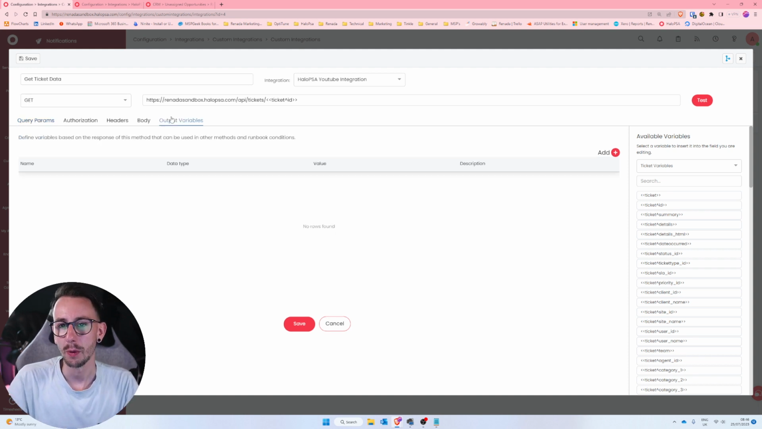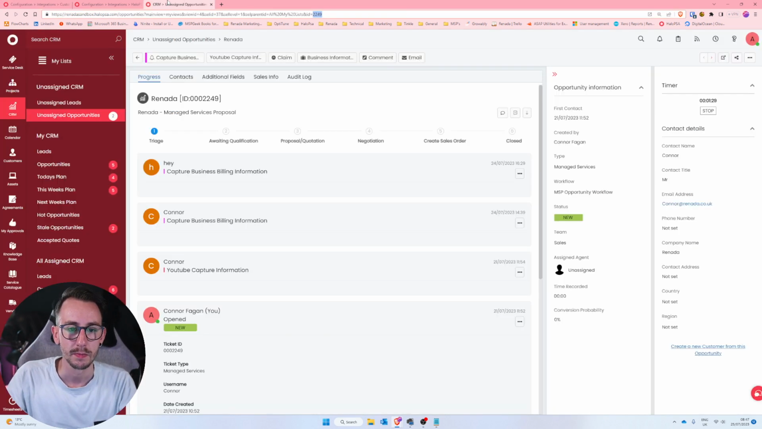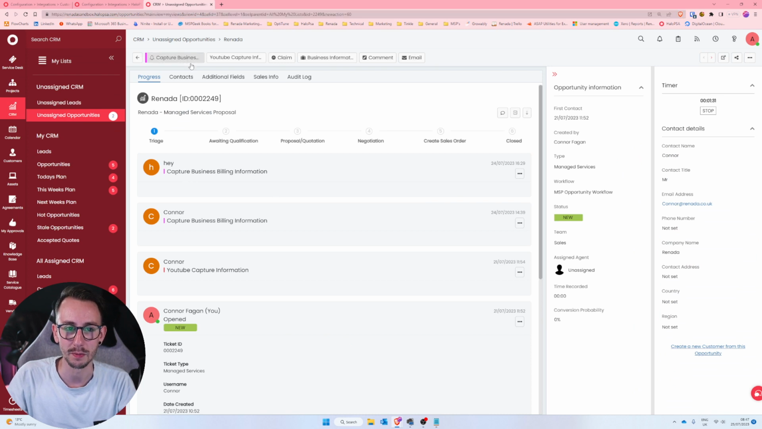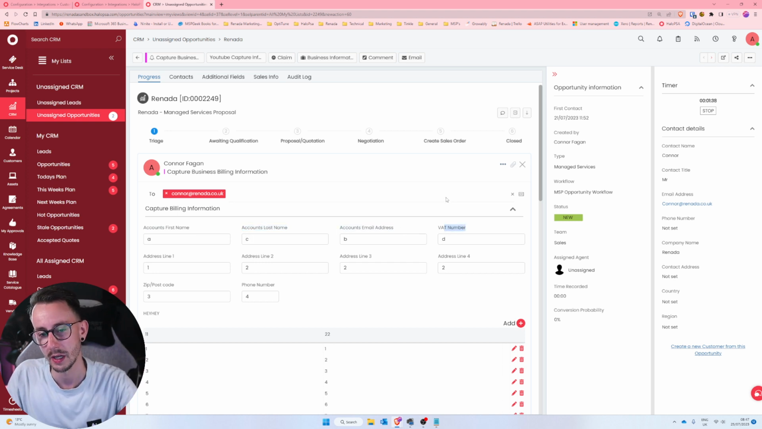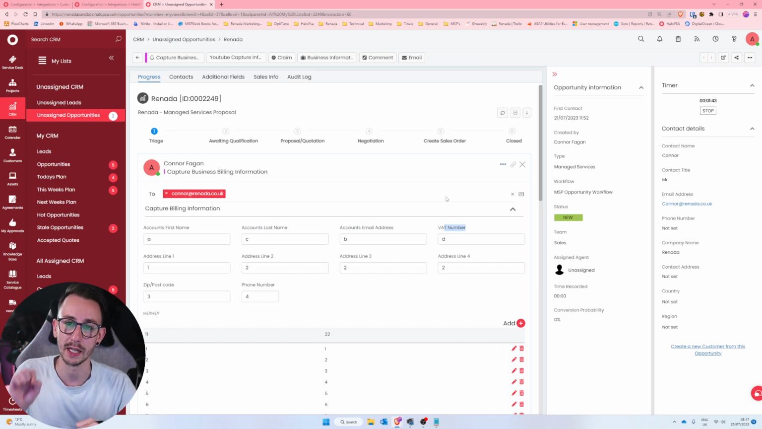We now need to leverage output variables. So when I talk about output variables, what I mean is when this runs and it queries all of that information in that ticket, we need to start parsing out or grabbing parts of the data from it so we can use it later. For instance, if we look at this capture billing information, we're capturing account's first name, account's last name, account's email address, etc, etc, and we want to be capturing that data in this GET request